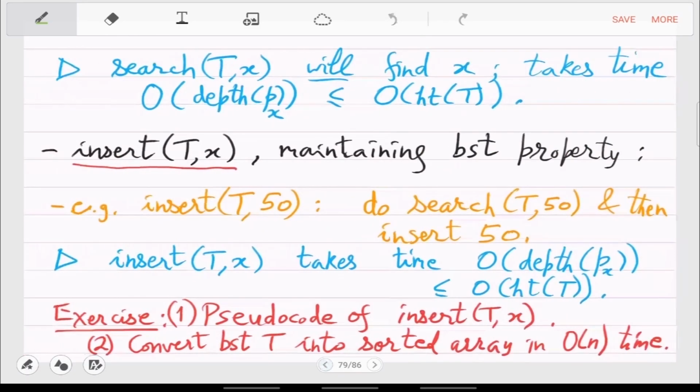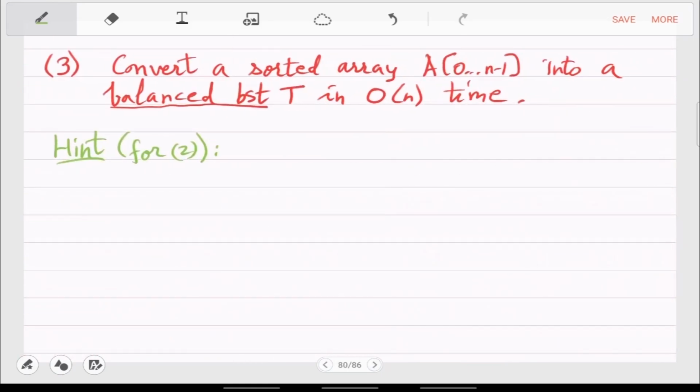So in 2 you are given a BST, right? So what you have to do is you should just recursively print v dot left, v and v dot right.